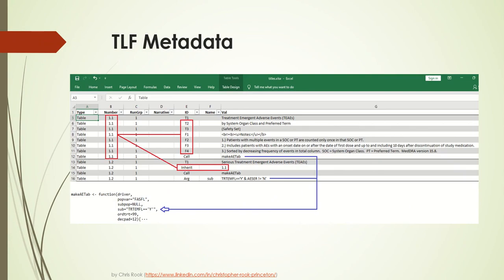Metadata for the first two tables is shown above. Table 1.1 is an overall summary of AEs with 3 titles and 4 footnotes that is generated by a call to function makeAEtab. Since no parameters are set, Table 1.1 will use the function's default arguments. Metadata for Table 1.2 includes an updated first title, then instructions to inherit all other titles and footnotes from Table 1.1. Table 1.2 is generated with a call to the same function, but the subset parameter is updated to include